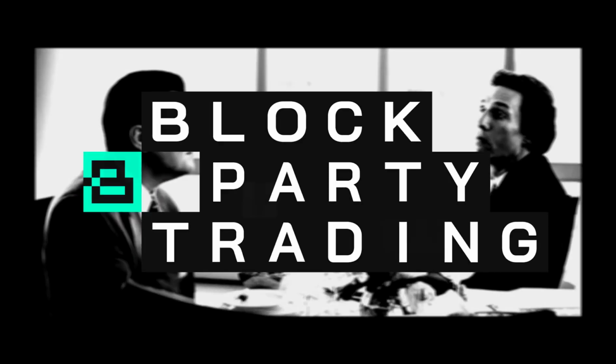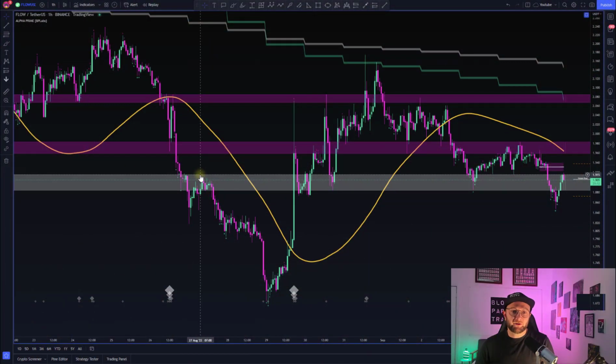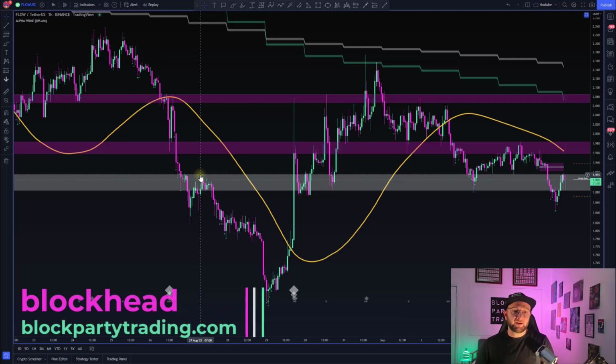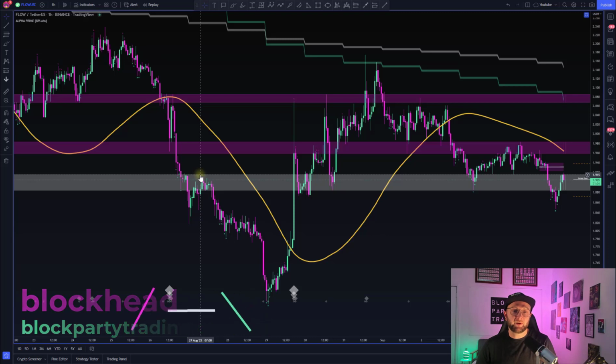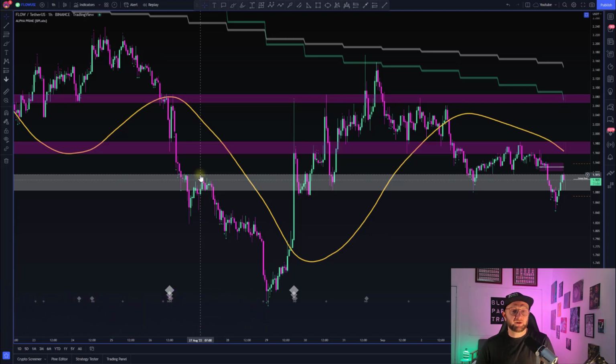Let's talk about the trend line on the Alpha Prime. Now, with all trading, trend really is your friend. Ideally, you want to be trading with the trend, but not at the end of a trend, because that is where you can get caught out, either at the bottom, if you're trading a short, or at the top,